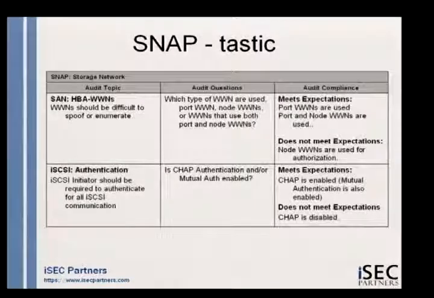So in this first example, you see worldwide names. If you're a storage person, you know exactly what that means. If you're not, you probably don't know or don't care. But the questions here are about what type of worldwide names are going to be used. Now, if you use port worldwide names, that's very good. If you use node worldwide names, that's very bad. You can see they sound very similar. So if you're a security person and not a storage person, you're probably like, okay, that really makes no sense. Hence the whole reason to automate this tool, to allow people to use it and clearly understand what settings are good and what settings are bad.